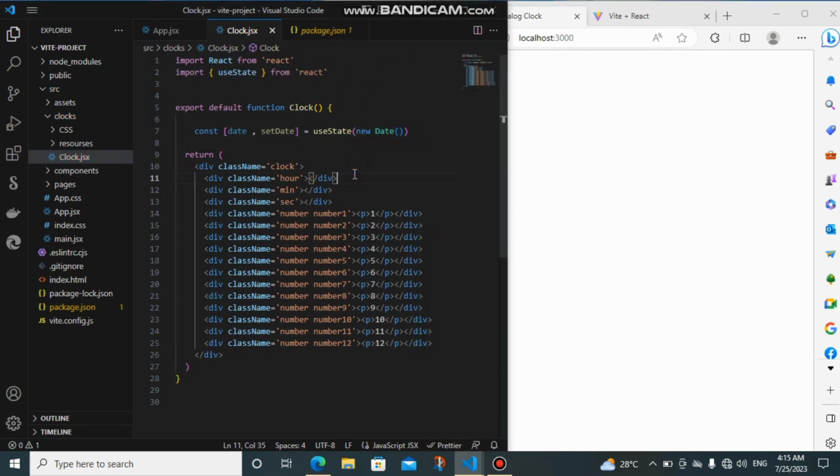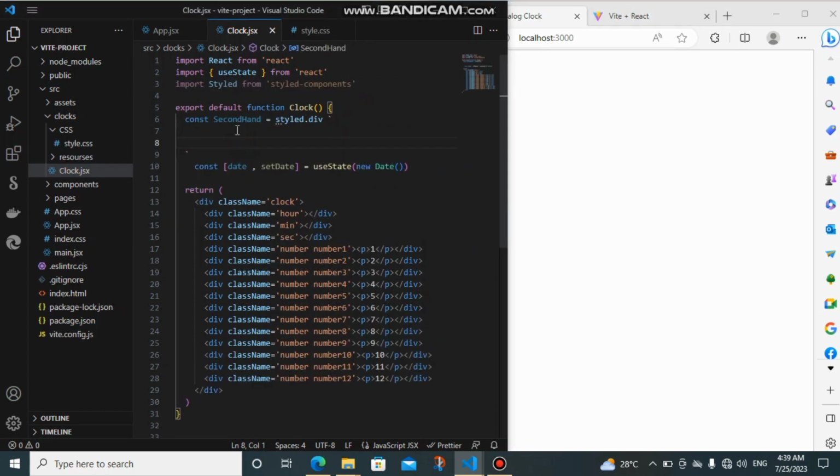So now the next thing is to start styling the hour, minute and seconds clock hands. For that I'll be using styled-components. The reason why I'm using styled-components is to allow me to pass some props into the hour, seconds and minute hands, in such a way that each time the hour hand, seconds hand and minute hand rotates, it captures the current time. So for that I'll be importing my styled-components. So in our seconds we can say